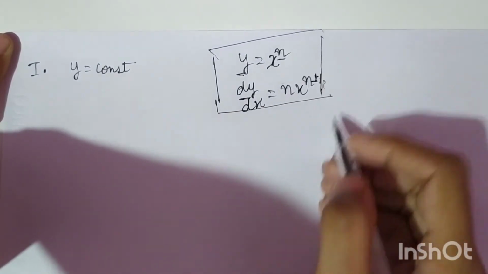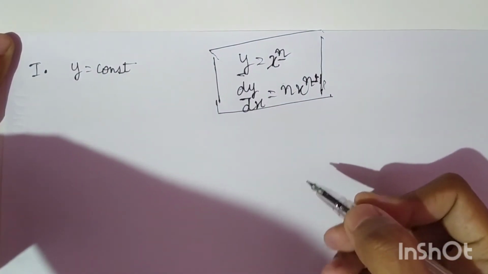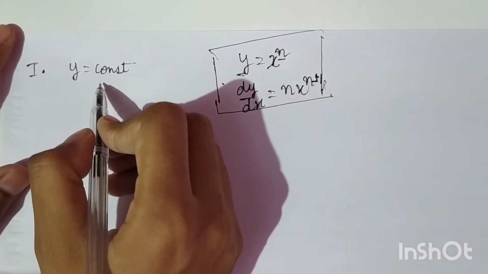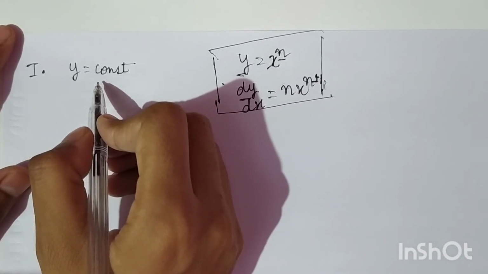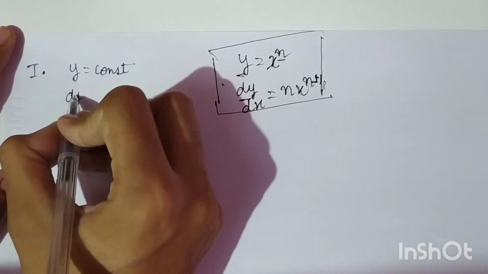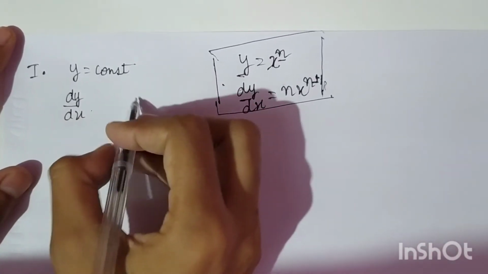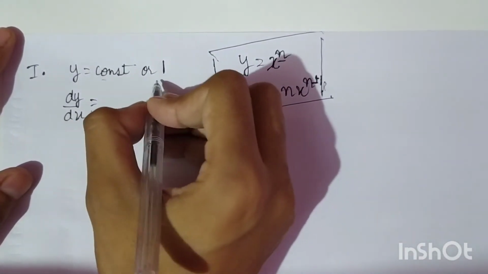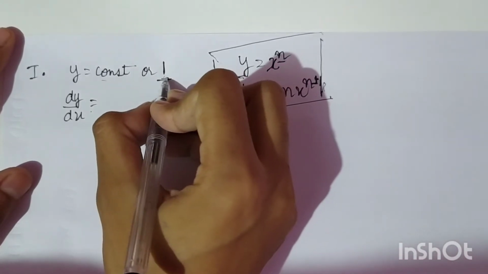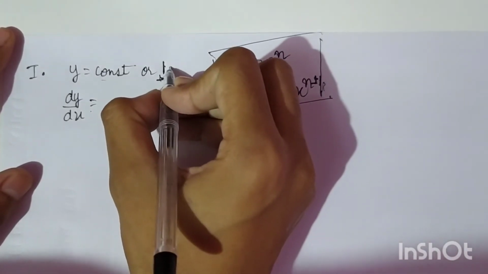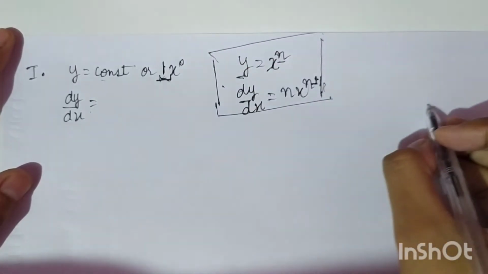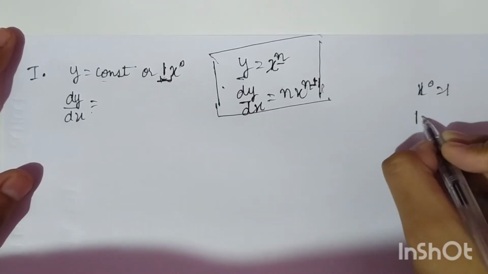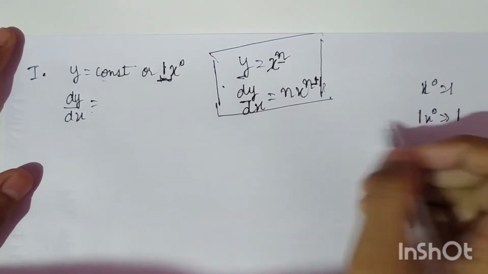Okay, so we can see this formula, and by this formula let us take one example, that is we are given y as a constant value. If we want to differentiate this y with respect to x, we are given a constant value. Let us assume that this constant is given to us as 1. Now, how can we write this 1? We can write 1 as 1 x to the power 0. Why? Because anything to the power 0 is always equal to 1. So if I am writing 1 x to the power 0, it means I am simply writing 1. Okay, so how can we write this?